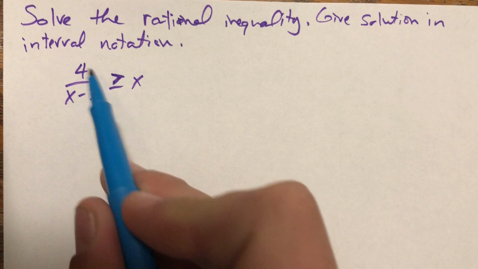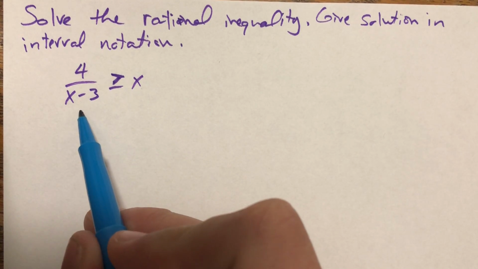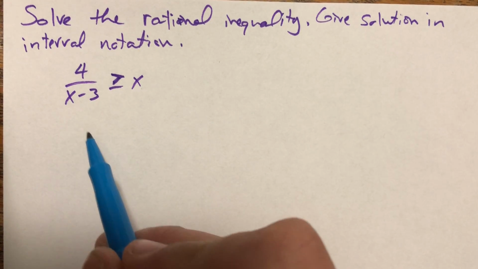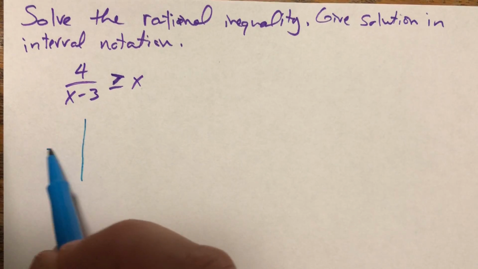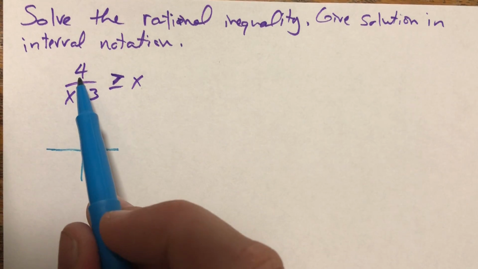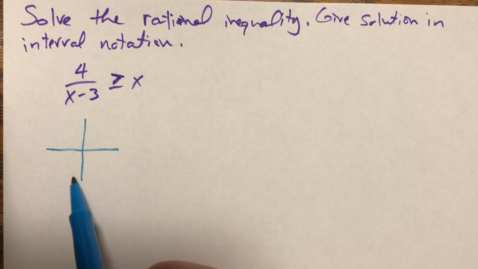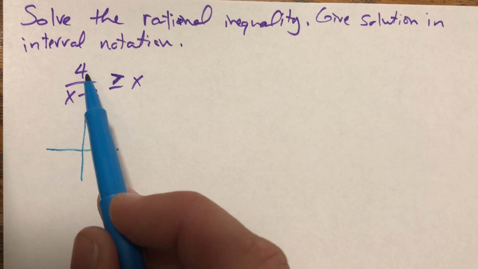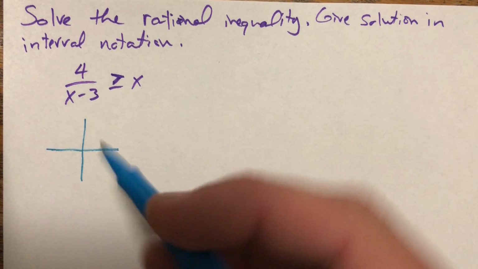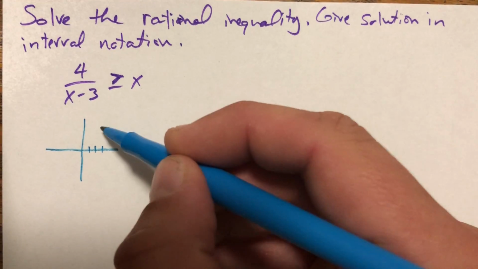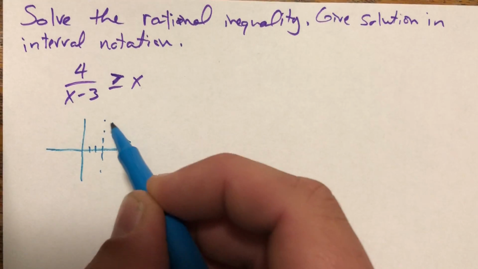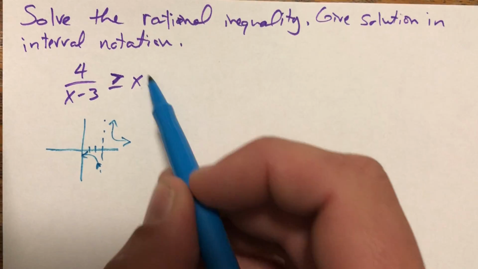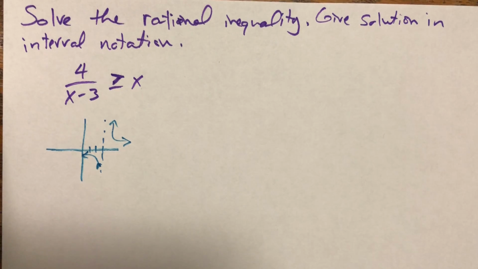We sort of know what this one looks like, right? If we talk about transformations, the graph of y equals 4 over x minus 3, we can draw a real rough sketch of it. It's going to be that guy that looks like this, but we're going to multiply all the y values by a factor of 4 and move it to the right 3 units. So we go 1, 2, 3. So really, really rough sketch looks like this, right? Okay, and then this one here looks like this,